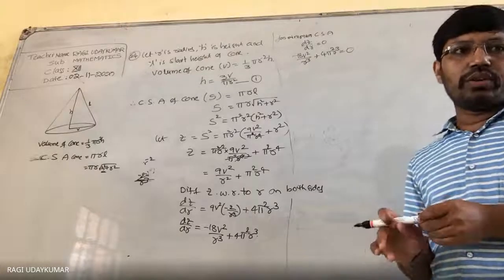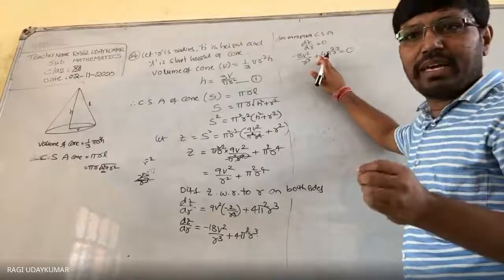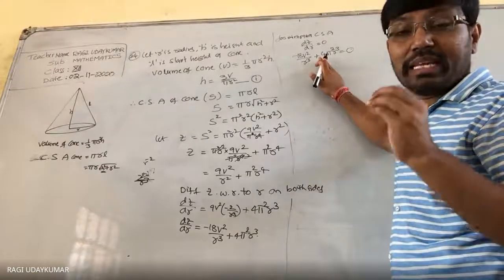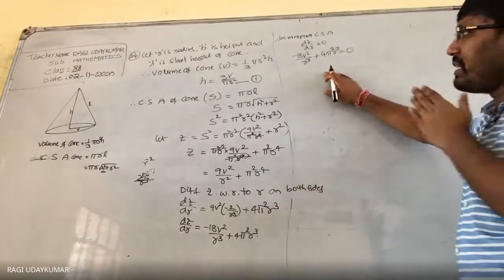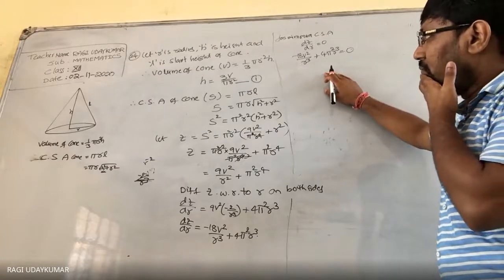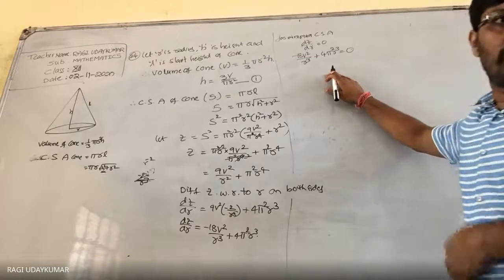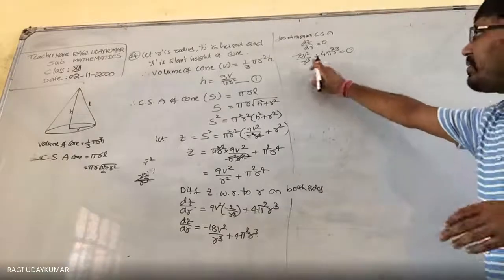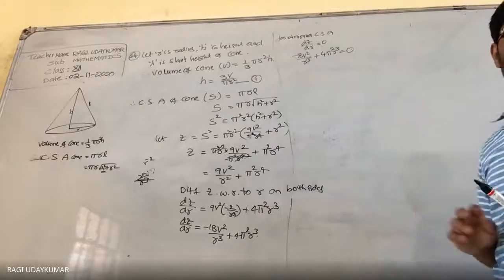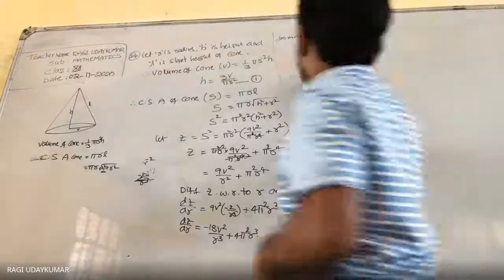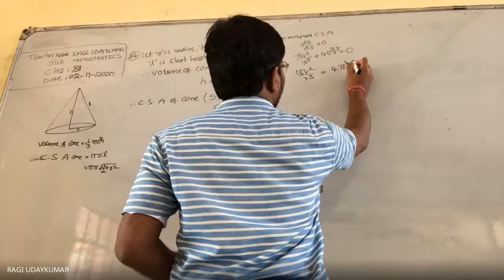So first let us see here. In the place of v, substitute 1 by 3 pi r square h, and h is also given by 3v by pi r square. Whenever you take this value into consideration, what do we get here? Taking dz by dr equal to 0, what will v square be? I simplify 18 v square by 4 pi r square.